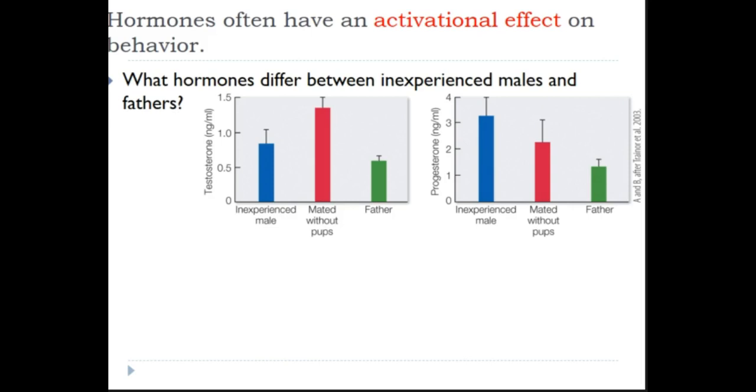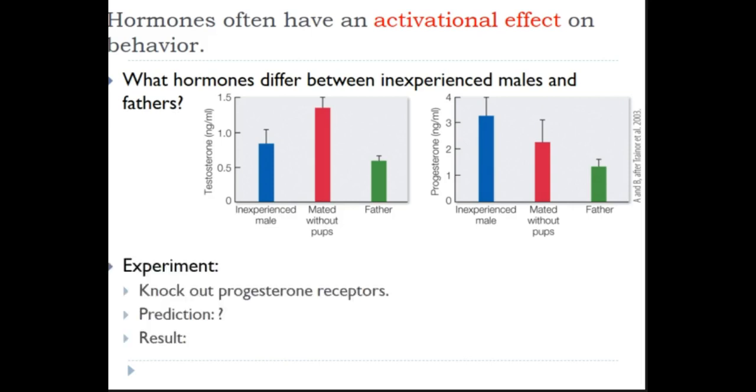And again, if you fold this error bar down, it would only come down to maybe about here. Trace that over to here. Clearly there's no overlap between those bars, and those are significant differences. It turns out that based on these and other data, progesterone seems to be a really important determinant of behavior in mice.